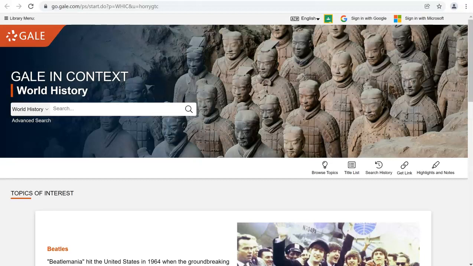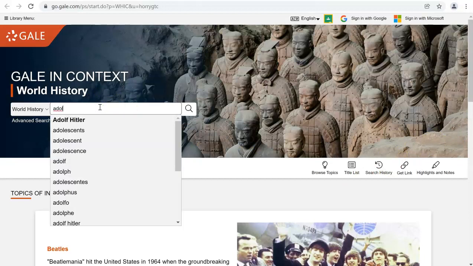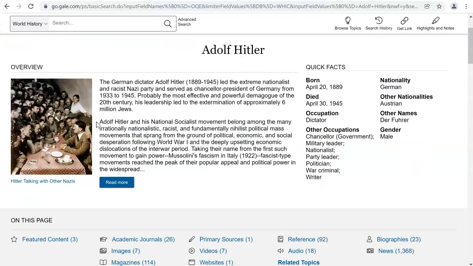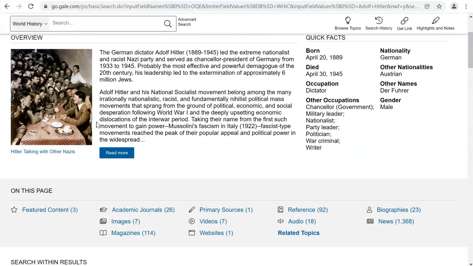So while they contain different information, their search screens look similar, which makes searching easier. Also, like the last database that we looked at, it has predictive searching. So as you start to type in your search, you can choose the predicted search, and it will automatically take you to a page where all of the information on that person or group is located.